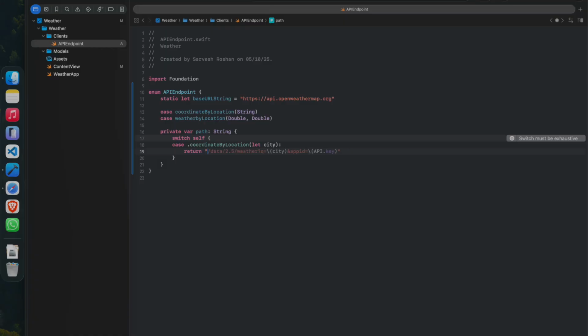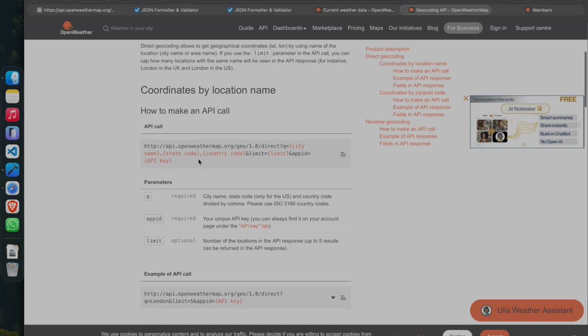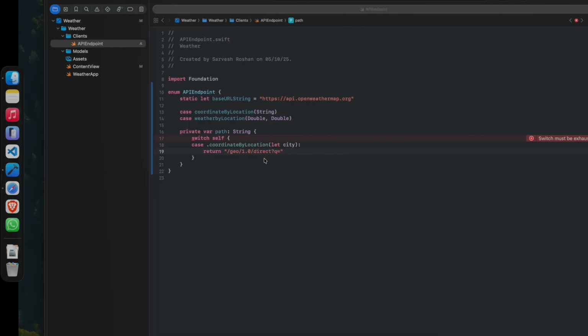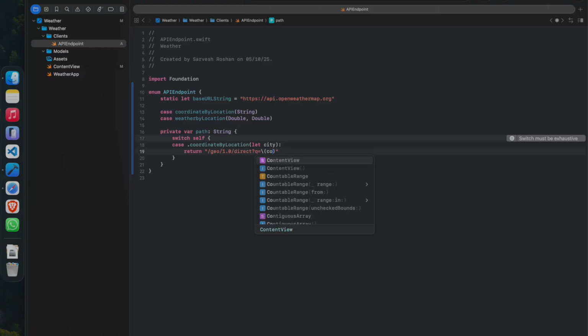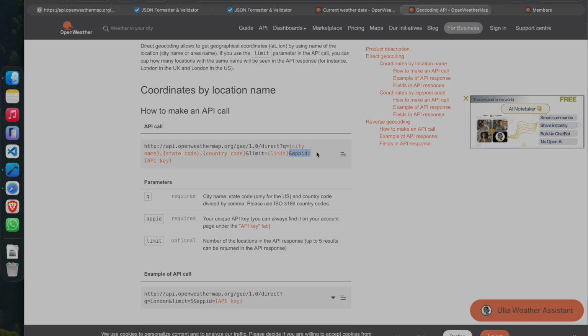As you can see, coordinate by location, where is the coordinate by location? This geo 1.0 and direct q equals to up to here, right? So we will do it like this, and here it is saying we have to pass the city, q equal to city. So what we can do is pass the city, and then what else, is there anything else? I think app id is there, and app id equals to